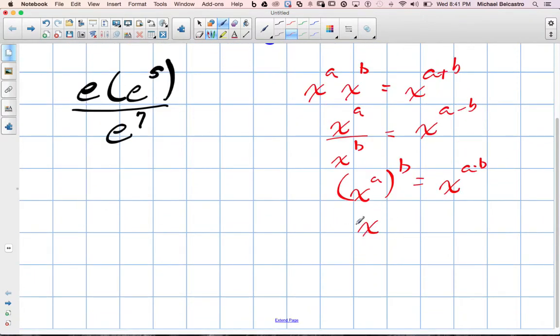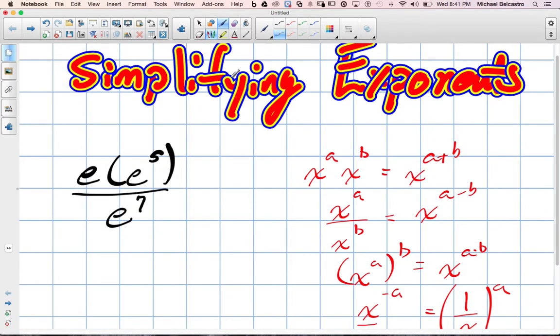If you have a base to a negative exponent, you can make it a positive exponent by turning this into a fraction, so x over 1, and inverting it. So it becomes 1 over x to the power of, and all of that would be to the power of the positive a. Okay. So with that being said, the very first one, though it doesn't show it, there is